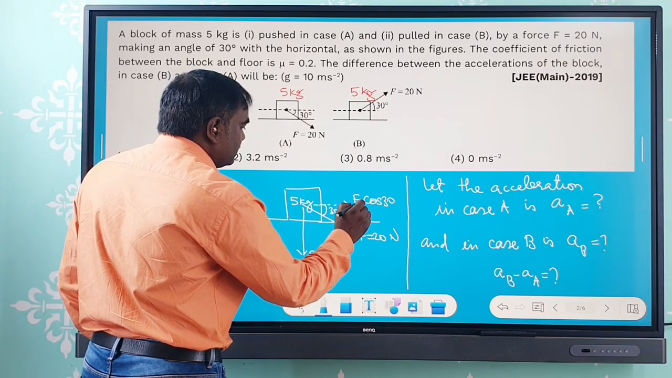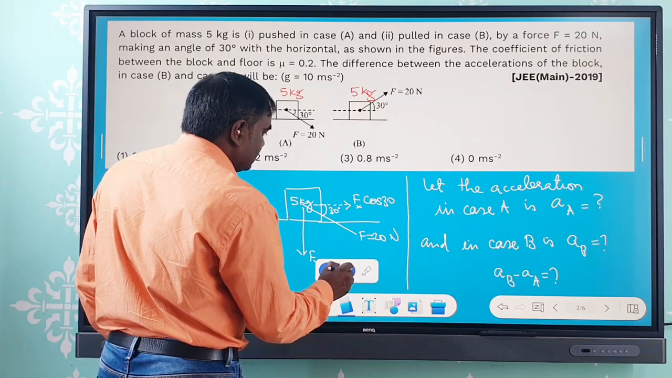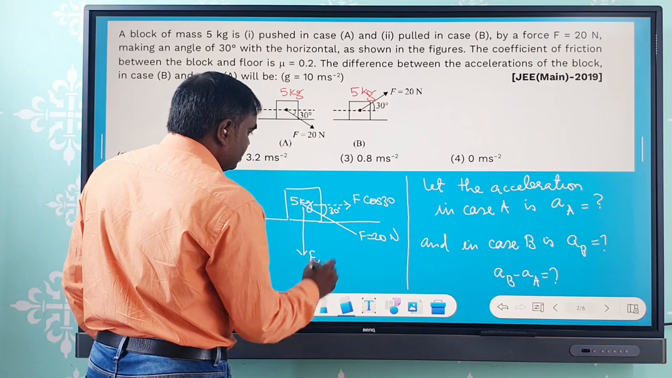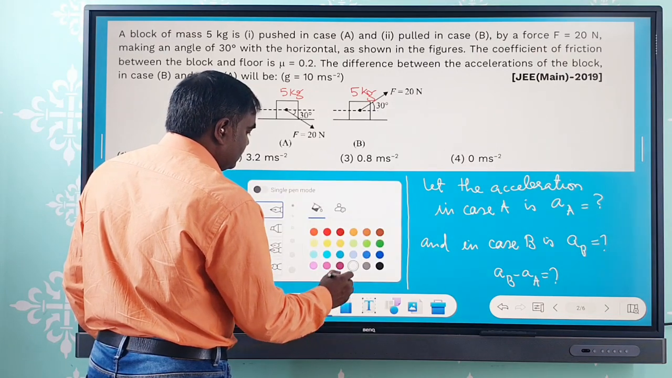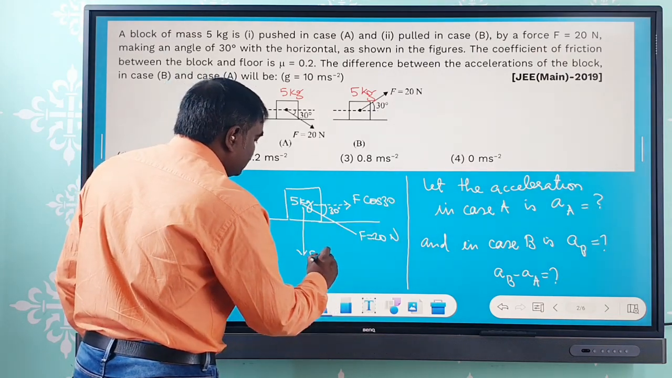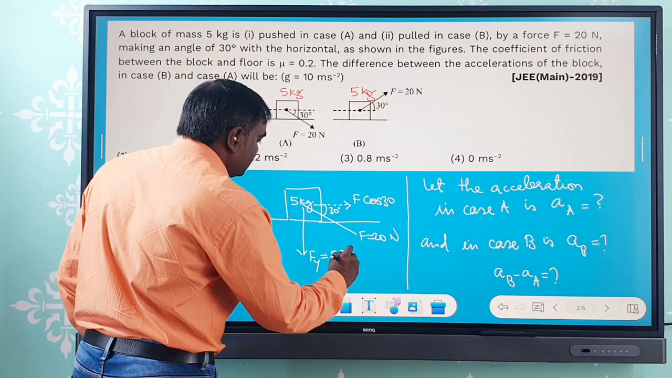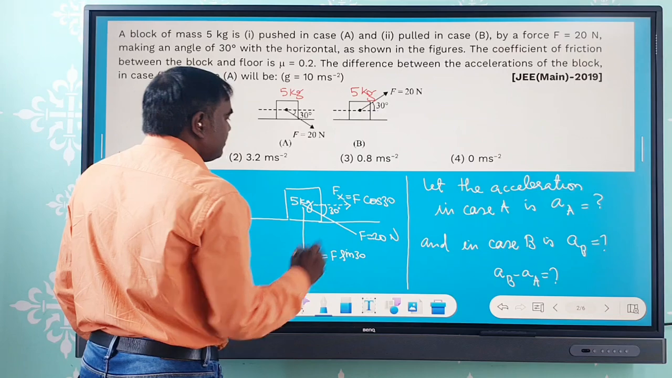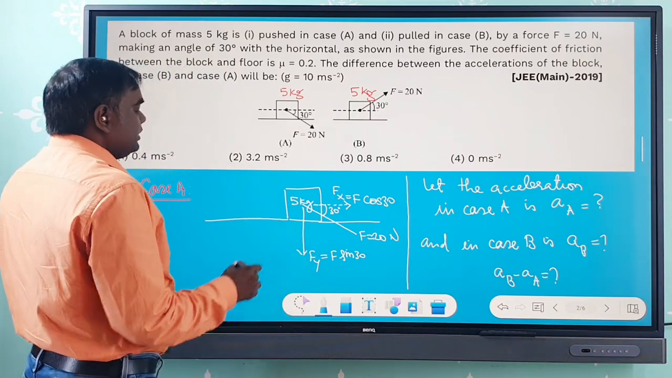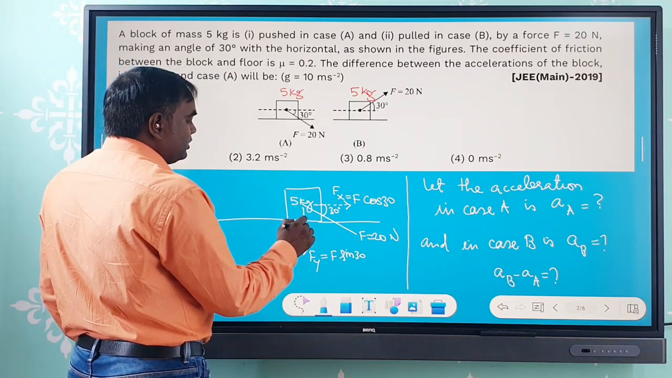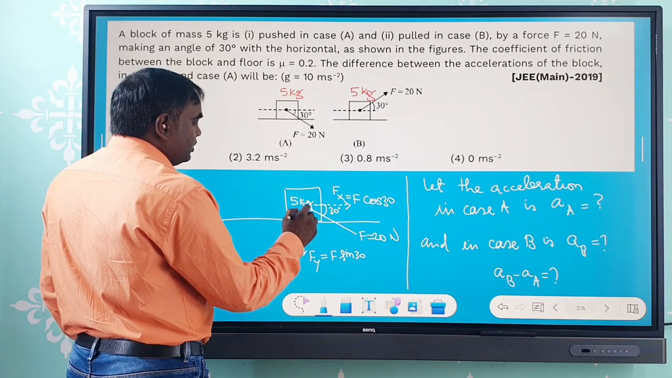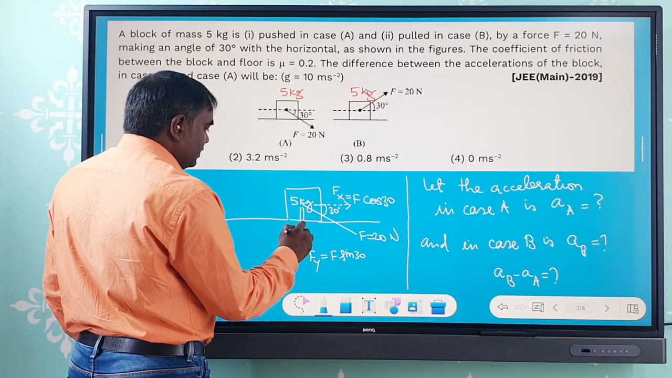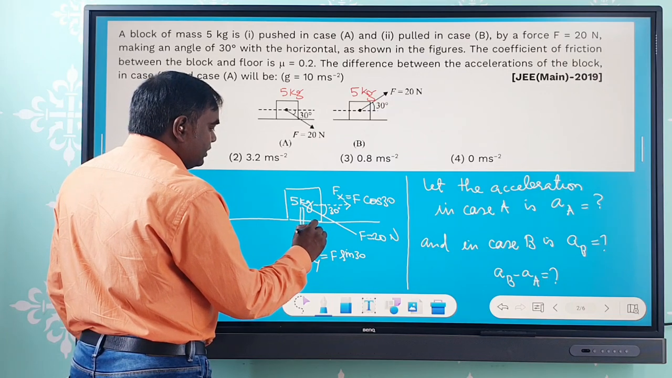Fx, sorry, this is F cos theta, and yes, this is Fy is equal to F sin 30, right? And this is Fx is equal to F cos 30. And this 5 kg block's weight is also acting downward, that is 5g,